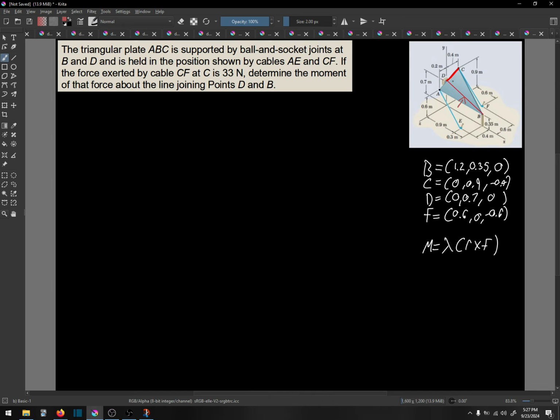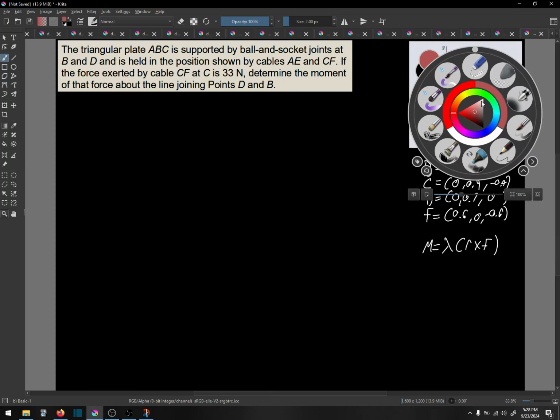We're going to have this as an R point, but we also have this as an R point. The reason being, this is the axis, this is the force vector. Pretty sure. So noting that,